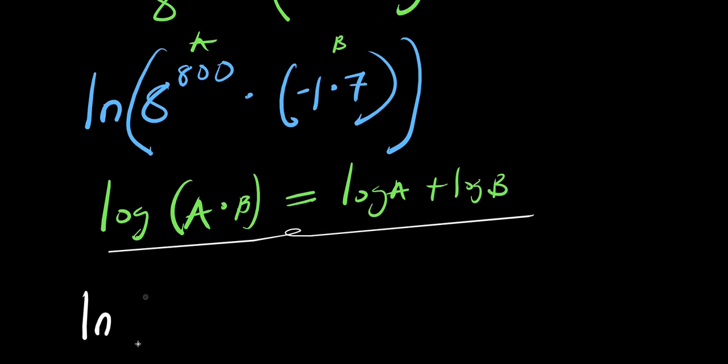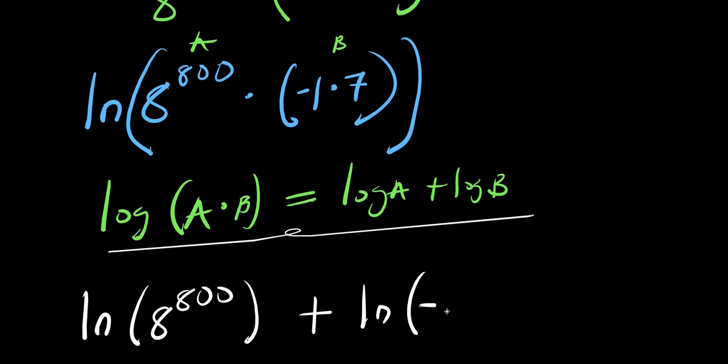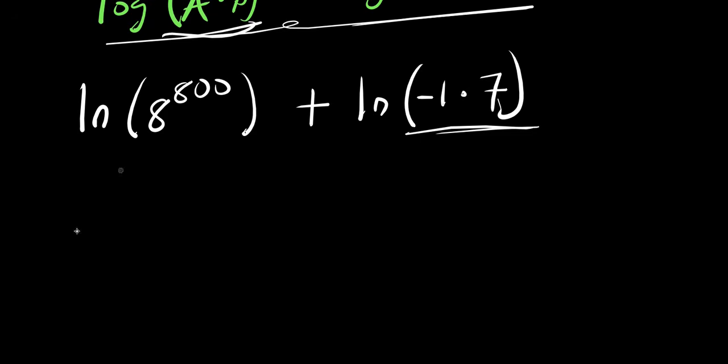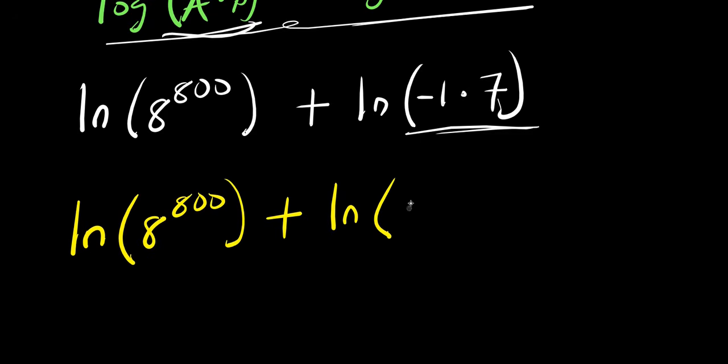I have natural log of 8 power 800 plus natural log of negative 1 times 7. That is my b. Now this also is in the form of this. I apply the property again. And this time, I'm going to have natural log of 8 power 800 plus natural log of